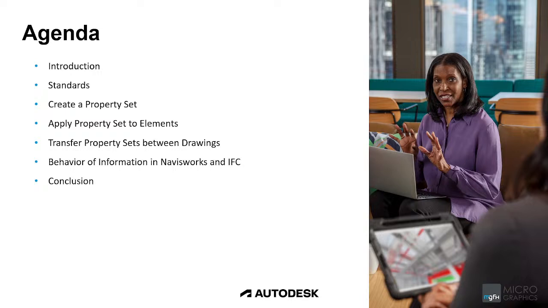Then we're going to look at Civil 3D, how we can actually add extra information to Civil 3D elements. So property sets, how we can manage property sets and apply property sets to elements. So once we've created the property set, how can we apply a property set to elements, how to transfer property sets between drawings,